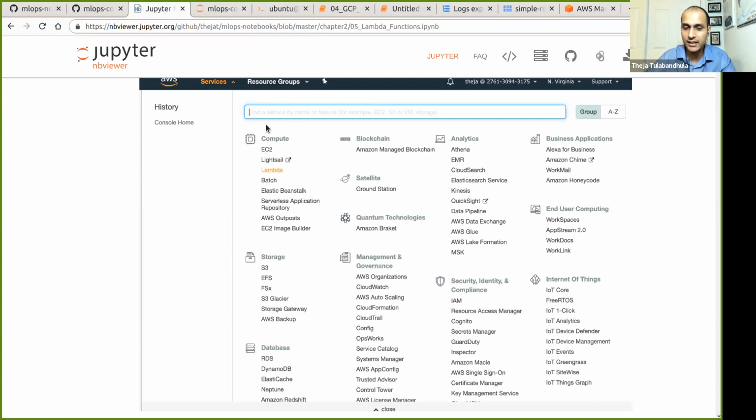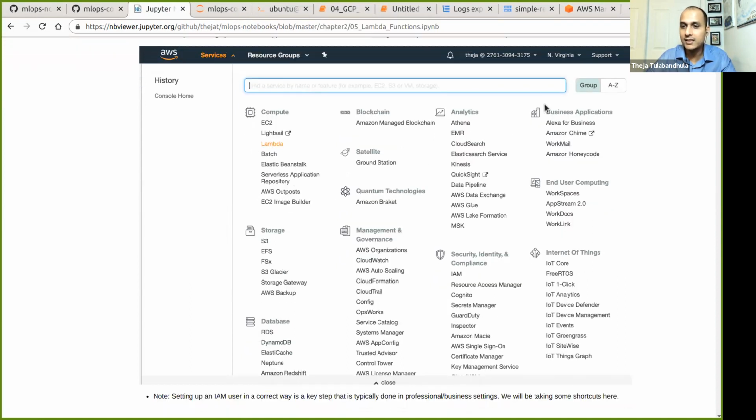Okay, it's bucketed under compute, and you'll see that there are many services on AWS. There's a bucket under storage, there's a bucket under databases, there's a bucket under analytics, which is actually related to what we also want to do later on in this course. And there's also security and compliance. This is an important thing, especially in organizations where different folks have different identities and different roles and different access levels. So that's captured using security and identity, and there are many other things here.